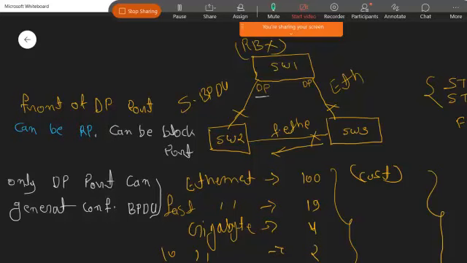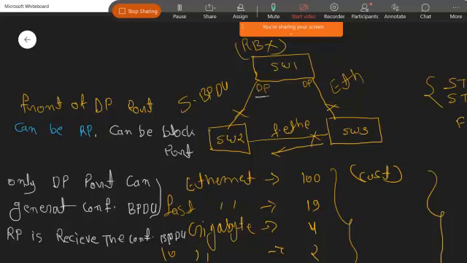And who receives the configuration BPDU? The root port. The block port means it is not stable or it is disabled. So this is how we elect the port priority.